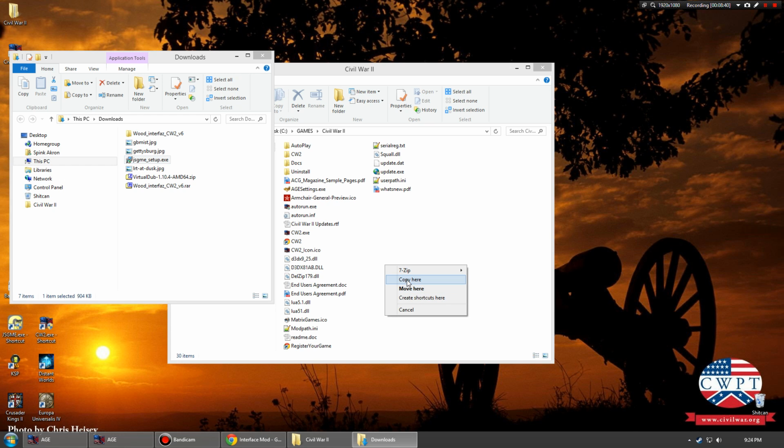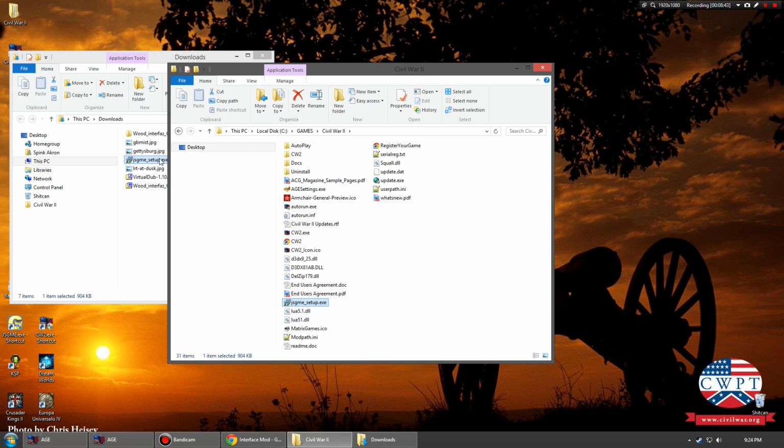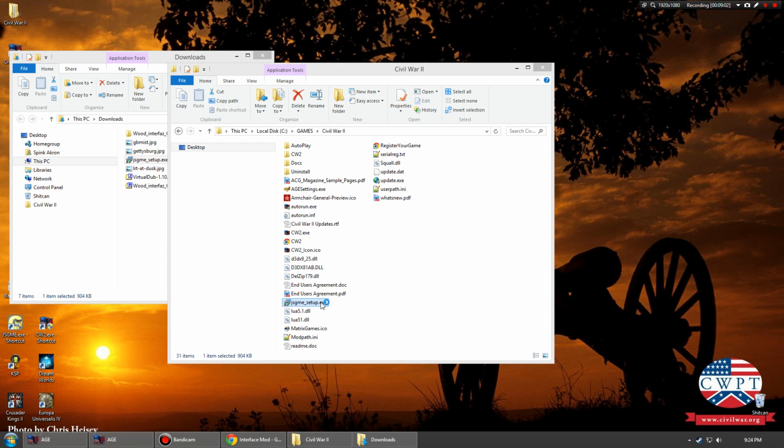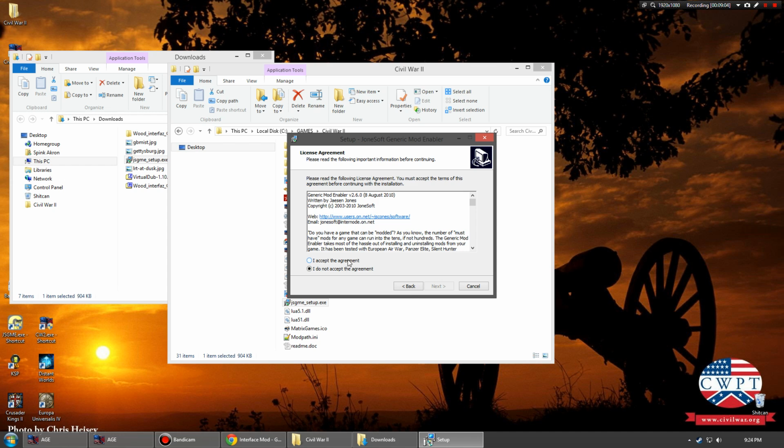Now we can run the setup from here and direct it to wherever, but I find it's just easier to throw it into whatever the root directory of the game that I want to mod is. This program can be used to mod any game. About the only games I don't use this for modding are the ones that use something like the Steam Workshop. I don't use those. So let's run that,